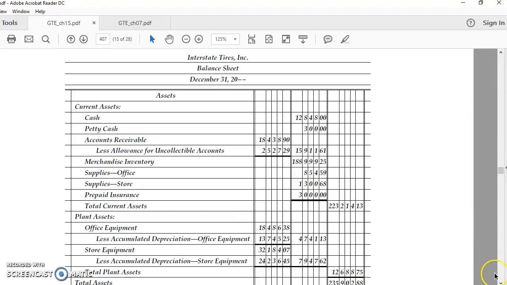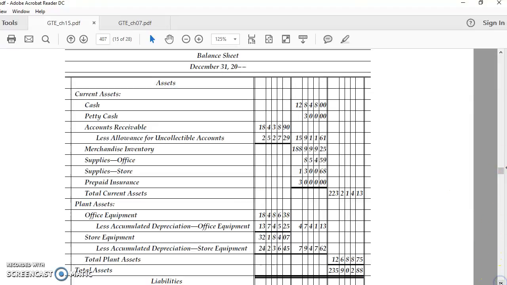Now, before we get our total assets, we have to do our plant assets. Plant assets are everything that is in our plant or our storefront. So we're going to list plant assets, which is a subsidiary of the assets, and we're going to list our office equipment. And office equipment total is going to come again from the balance sheet section of the worksheet. Less accumulated depreciation office equipment. Accumulated depreciation office equipment is